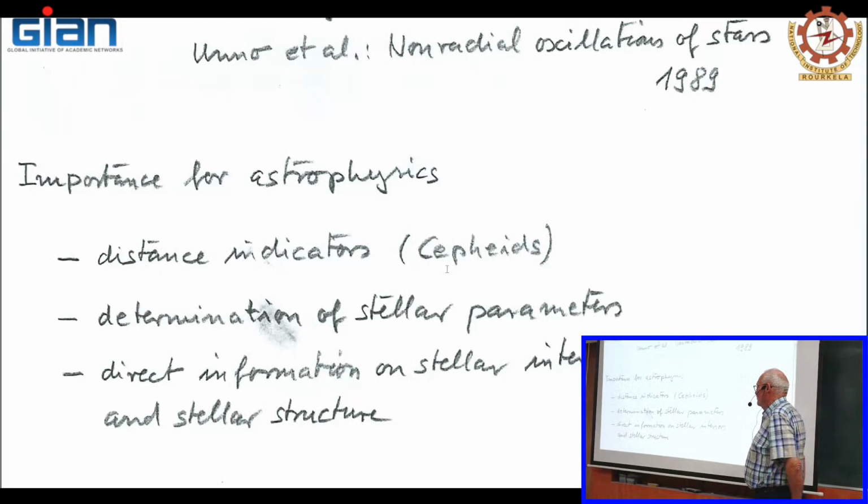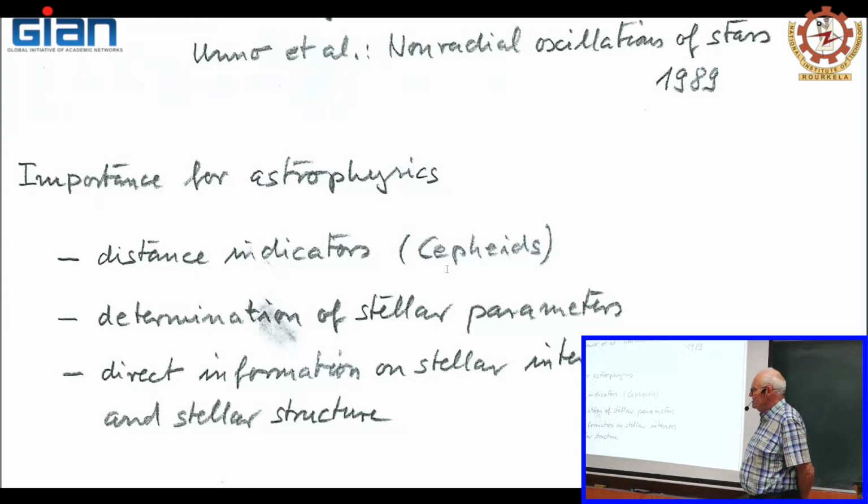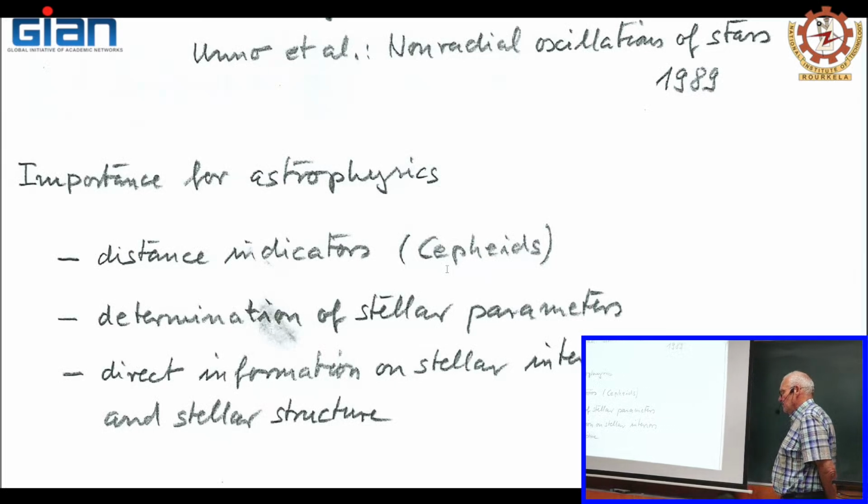So pulsating stars are distance indicators, and may be used to determine distances in astrophysics, one of the very basic tasks